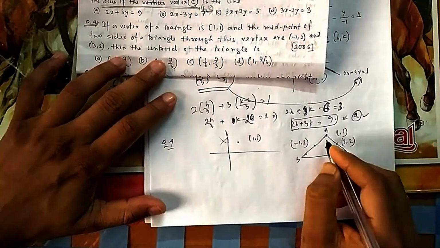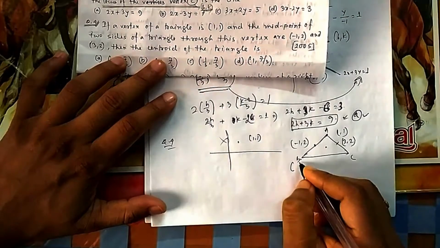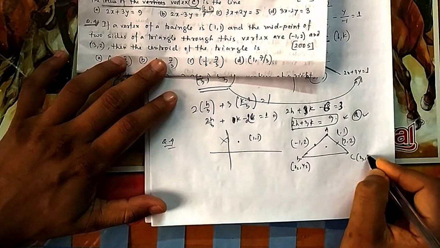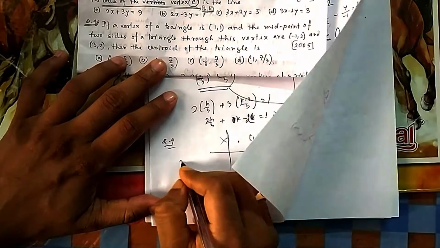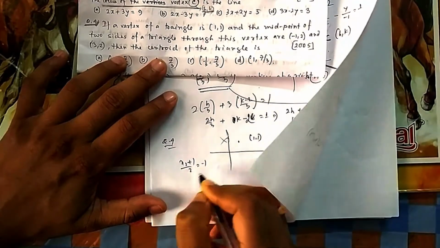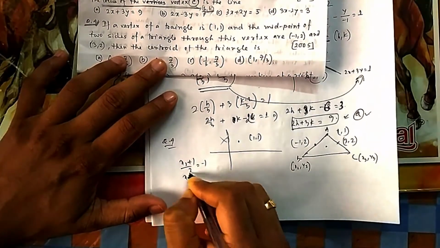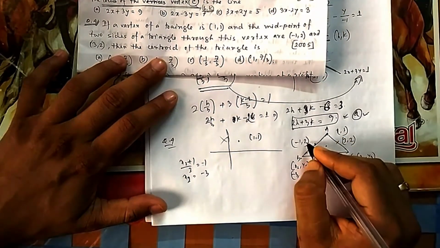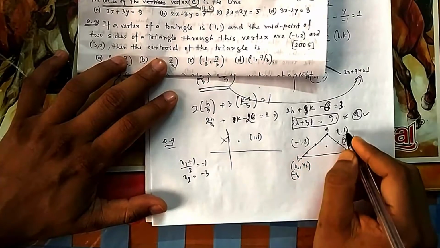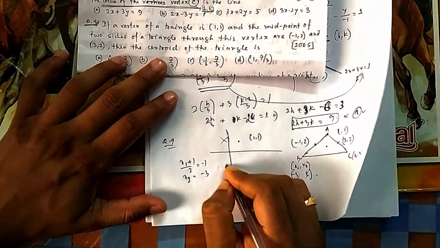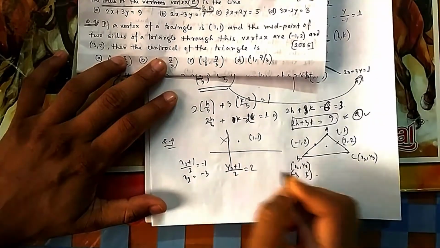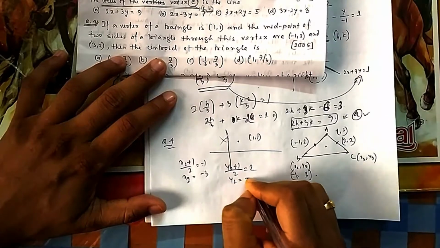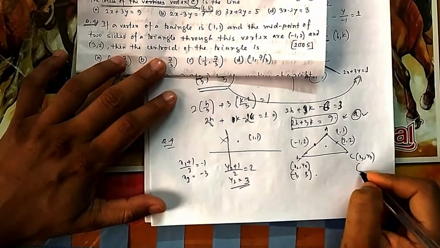So now we find the centroid. If you know the midpoint, you can calculate this. If this is x2, y2 and this is x3, y3, then there is a midpoint formula: this plus this divided by 2. So (x2 plus 1) divided by 2 is equal to -1. So x2 should be equal to -2, minus 1, so -3. Similarly, (y2 plus 1) by 2 is equal to 2. So 2 twos are 4, 4 minus 1 it will be 3. You know the midpoint formula: (y1 plus y2) divided by 2. So your y2 will be equal to 3.